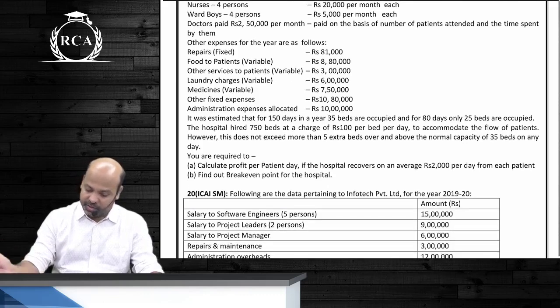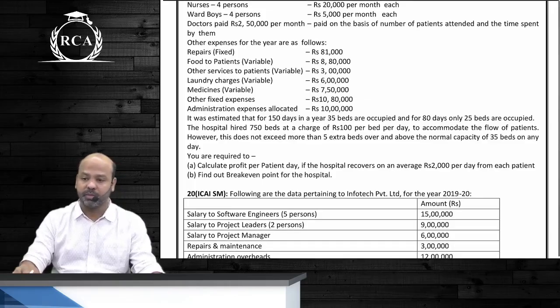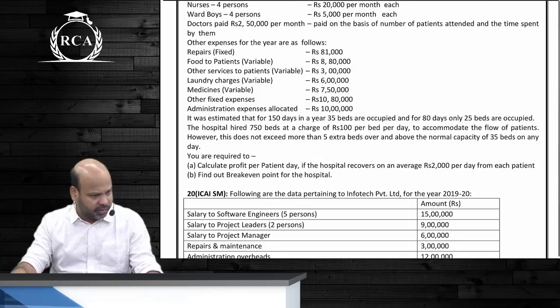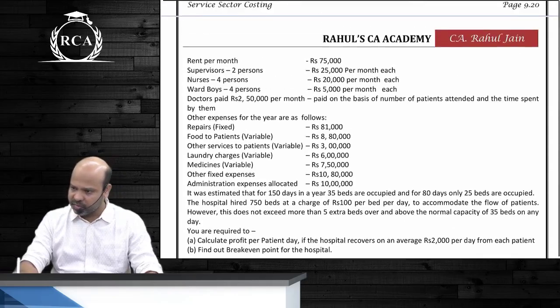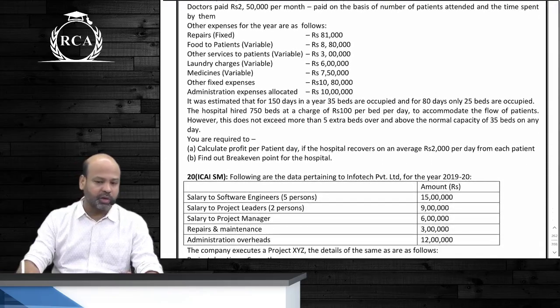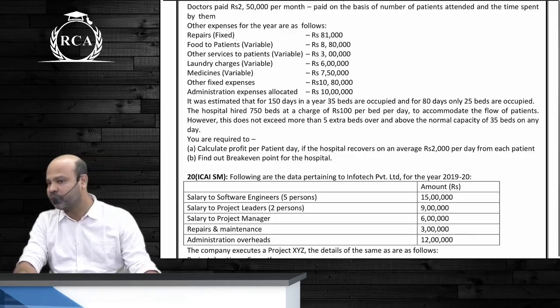Find out the break-even point for the hospital. Because the requirement is also to compute break-even point. While presenting the first bit, we will divide the overall expenses into two categories, variable and fixed. For hospital they expect us to divide the overall expenses into variable and fixed, but they themselves will identify what is variable and what is fixed. Are we clear? So when you answer the first bit, you're going to divide all the expenses into variable and fixed. Why do we need that? For computation of break-even point, you will take revenue per patient day minus variable cost per patient day. You will get contribution. Using that contribution and fixed cost, you will be able to compute break-even point. Any doubt in this part?